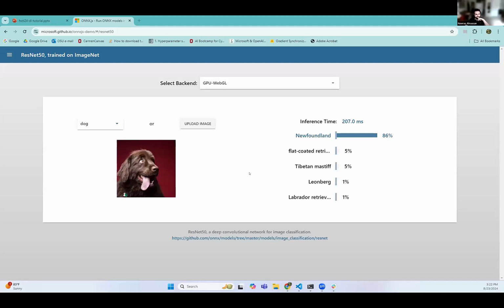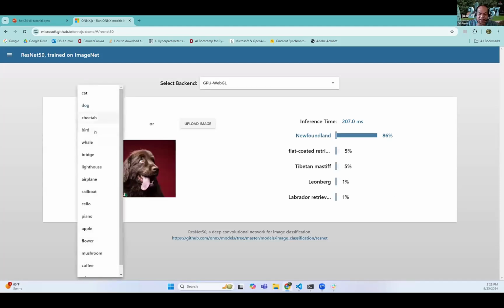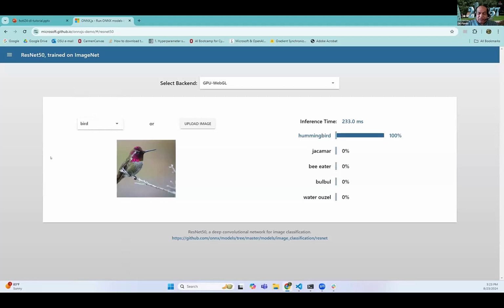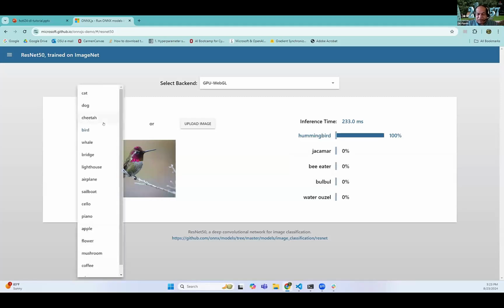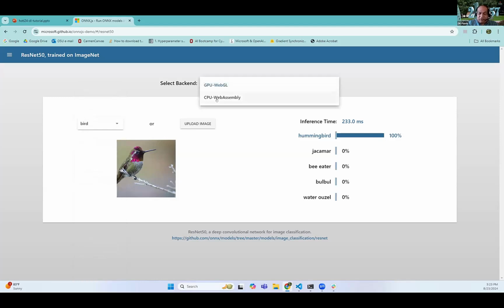Yeah. So if you see here, let's say you have trained the model. So let's take an image of a bird. We have that model, and now if you give a new input, in this case, it is trying to see what kind of bird it is. In this case, it is saying hummingbird. And on top, you see the back end is the GPU of your laptop. You can also use a CPU. It also shows on the right hand side top the inference time: 233 milliseconds.